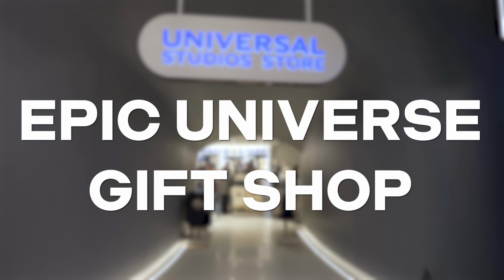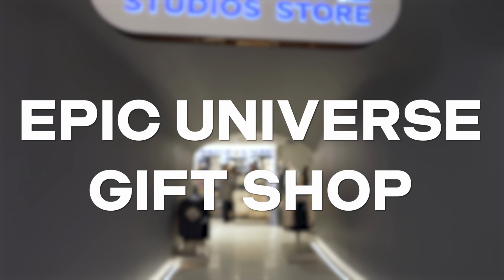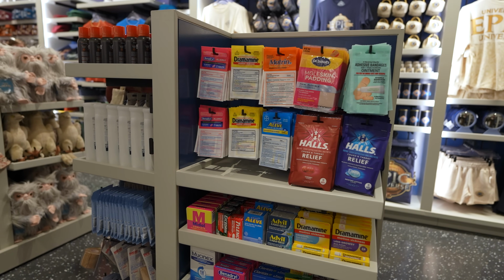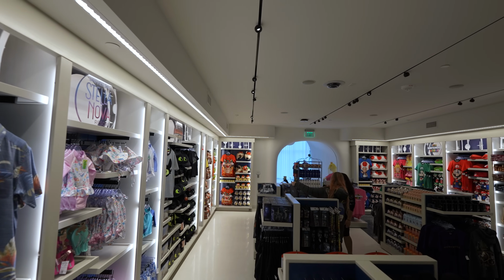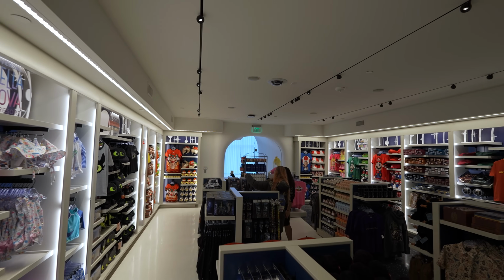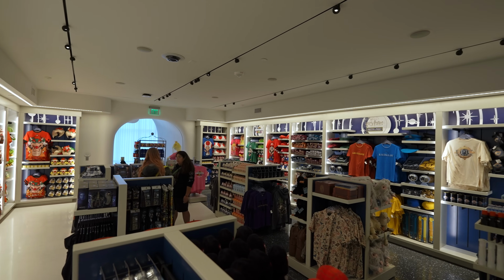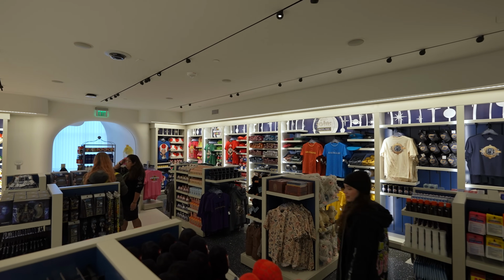I went to the Universal Studios store. This is the big gift shop here at Stella Nova. This is where you're gonna get all your typical hotel sundries, your Tylenol, all that kind of stuff. Right now for Stella Nova, what's really exciting, we are seeing a bunch of new Epic Universe merchandise. Here at Stella Nova, there's stuff that we have not seen before, and it covers, of course, all the main